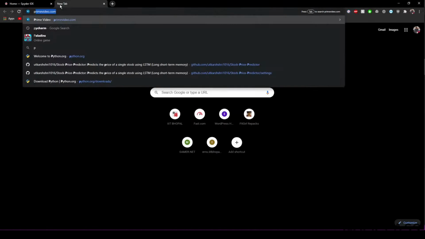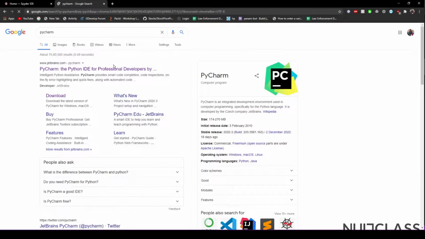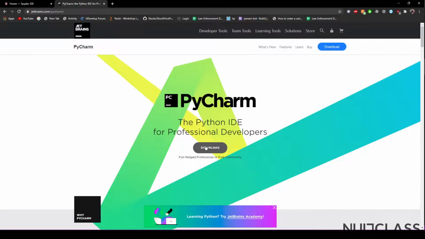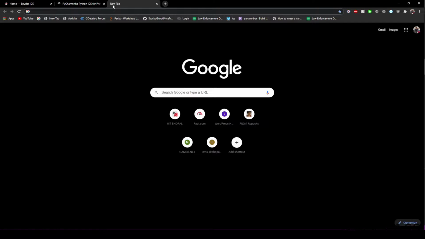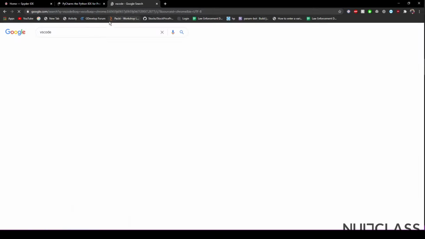There is also PyCharm, which is made by JetBrains, which can be downloaded from this button. But what I will recommend you to install and what we will be using in this course is VS Code, which is made by Microsoft.